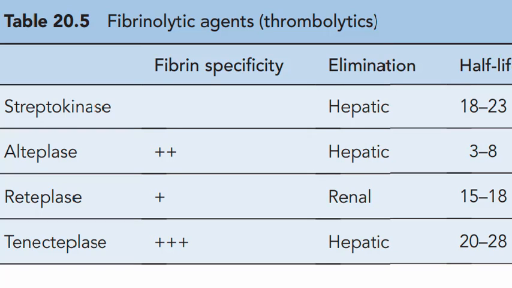Tenecteplase or alteplase have an affinity to bind with fibrin, while tenecteplase is more selective to the fibrin of the thrombus. It has good affinity, greater binding, and a longer half-life. It rapidly activates, but the problem is that it also rapidly activates the plasminogen that is bound to fibrin in a thrombus or hemostatic plug.